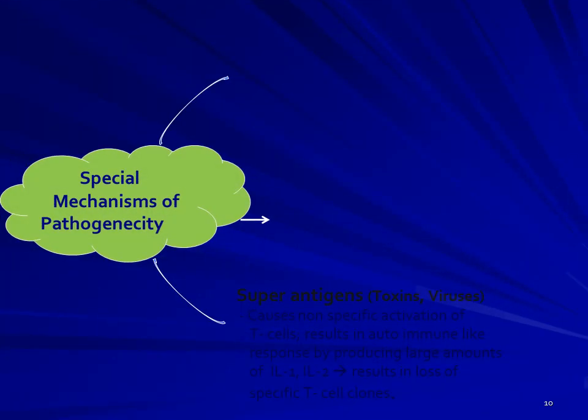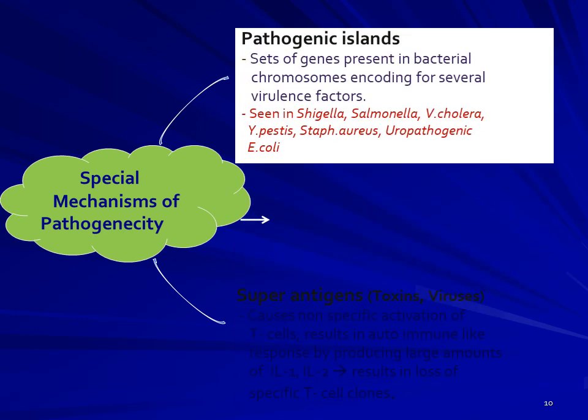And the special mechanisms of pathogenicity by the microorganisms. One is the pathogenic islands, and these are sets of genes present in bacterial chromosomes which encode several virulence factors. These kinds of pathogenic islands are seen in Shigella, Salmonella, Vibrio cholerae, Yersinia pestis, Staph aureus, and uropathogenic